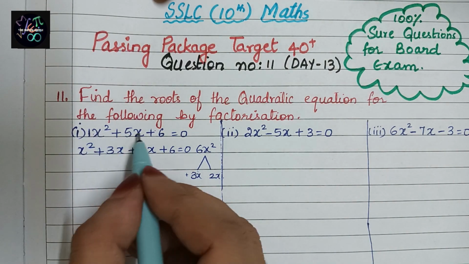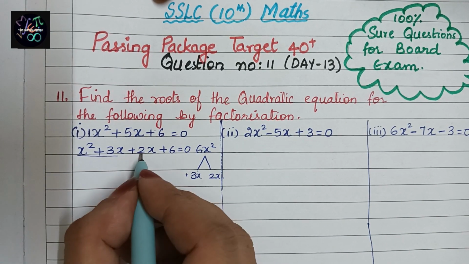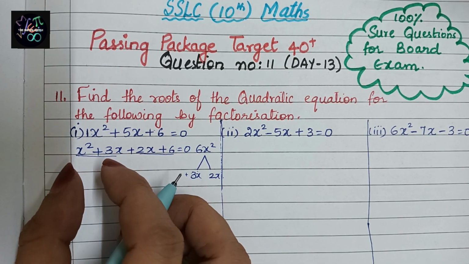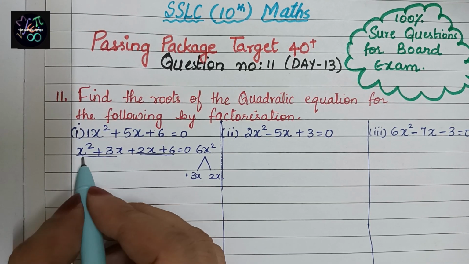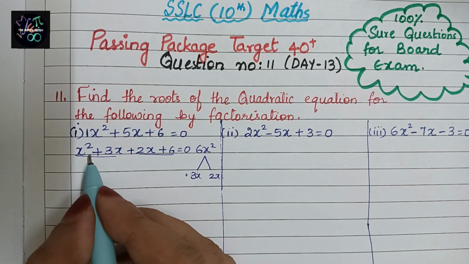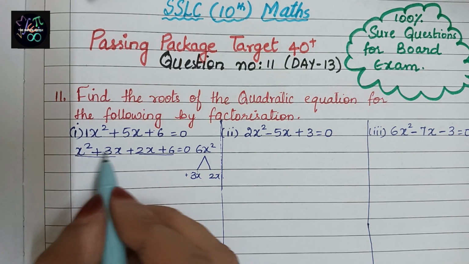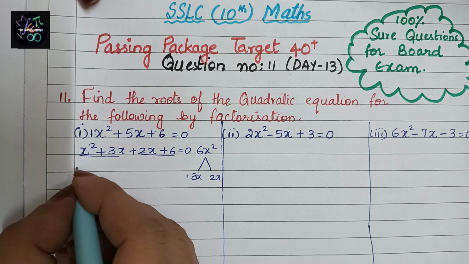Now these 3 terms that were there become 4 terms. Now let us divide into 2 parts. Like I have taken the first 2. So here we have grouped into 2. First group, second group. Now in the first group, what is common? We have to check. What is common in the first group? x. Here also we have x and here also we have x. So x is common. I'll take x common.